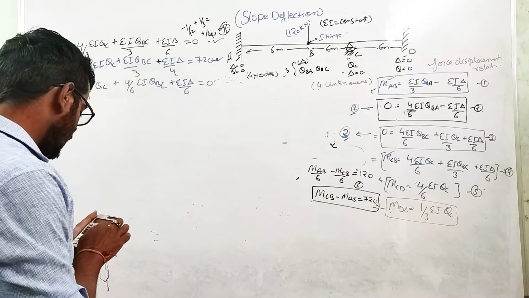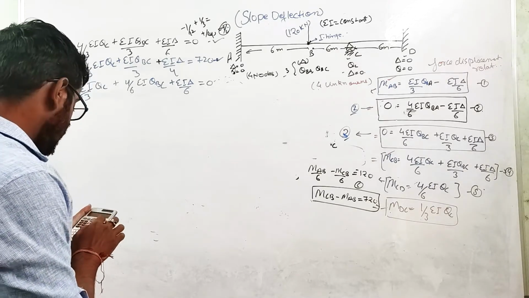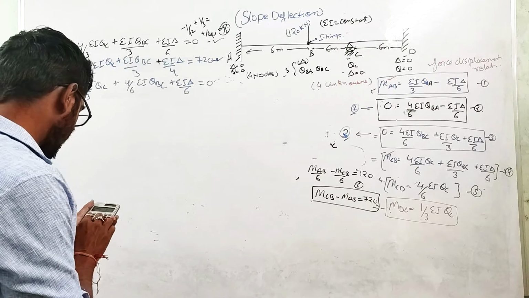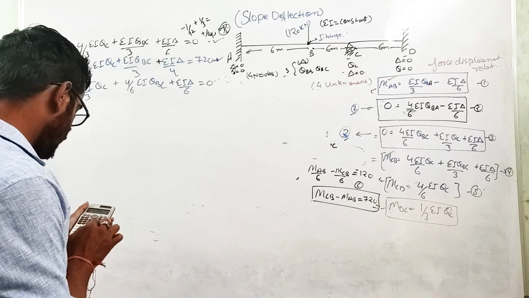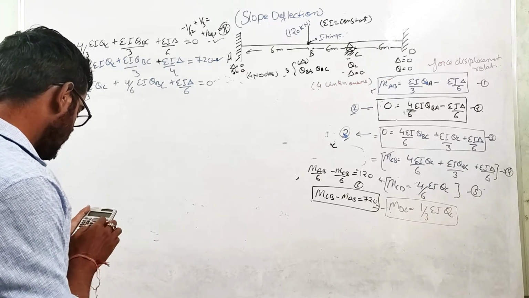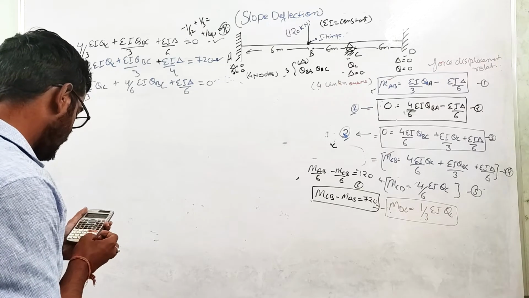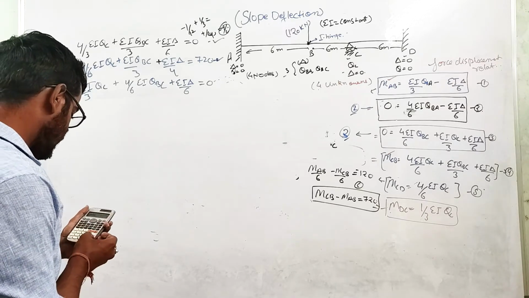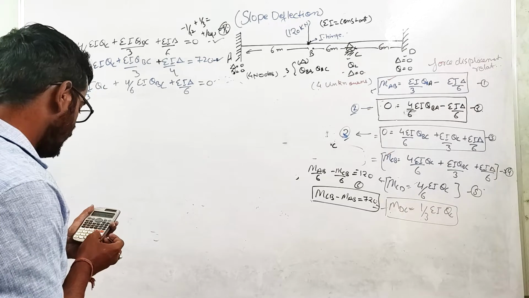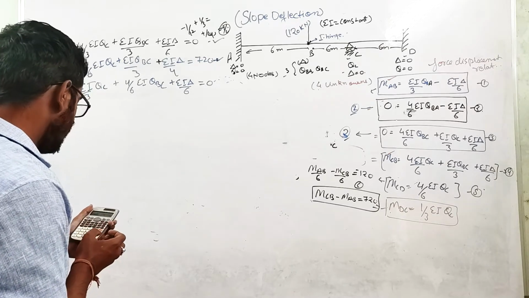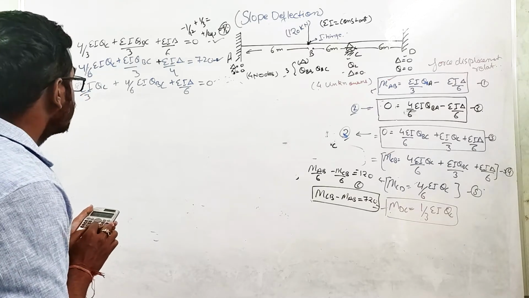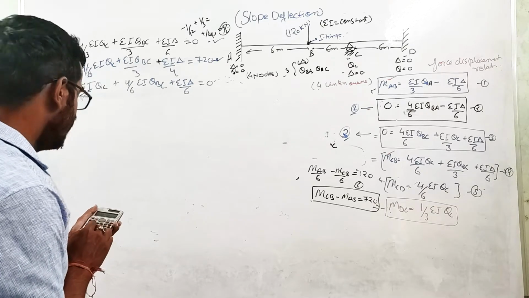So if we solve this equation by using the calculator, now I can write a equals 4 divided by 3, b equals 1 divided by 3, c equals 1 divided by 6, and d equals 0. Checking the other set: a is 4 divided by 6, b is 1 divided by 3, and c is 1 divided by 4. d is 720. a is 1 divided by 3, b is 4 divided by 6, and c is 1 divided by 6, and d equals 0.